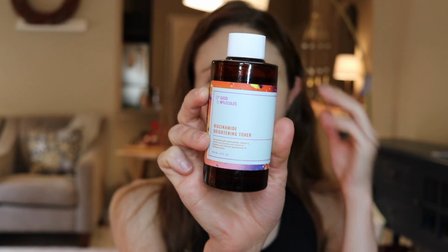It has arbutin in it, which is good for improving hyperpigmentation. It has licorice root, another good ingredient for improving hyperpigmentation and reducing redness and inflammation in the skin. I was really optimistic about this. It also has, sorry to get sidetracked, astragalus, I think, root extracts. It has some root extracts which are hydrating. Like I said, I was really optimistic about this product, but